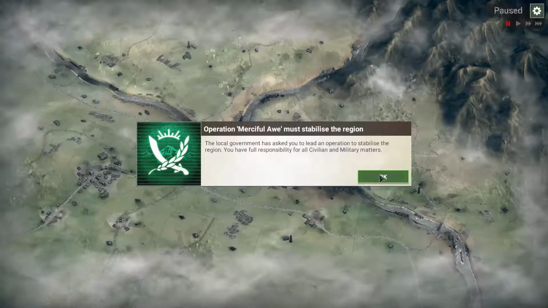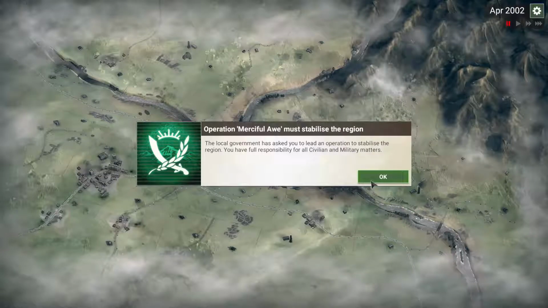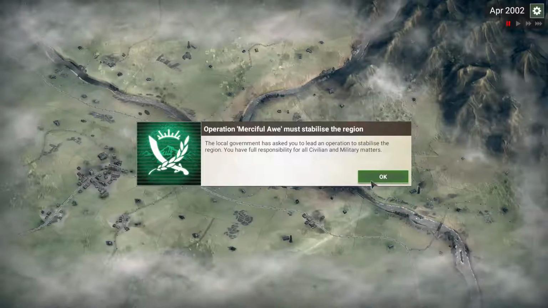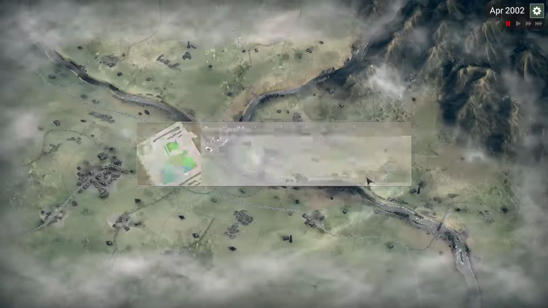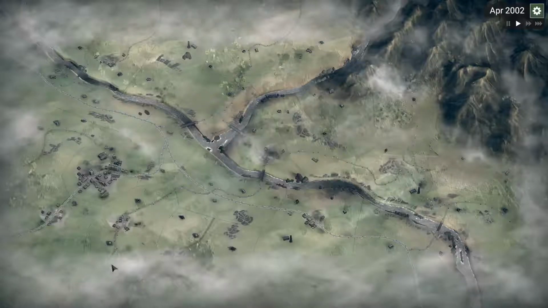So the local government has asked us to lead an operation. So I'm not sure whether we're the invading country who's now setting up their government, or if we're in the aftermath of another person's government coming in. I'm not exactly sure, but whatever it is, the local government's asked us to stabilize the region, so we're in charge of that. So set up a HQ,